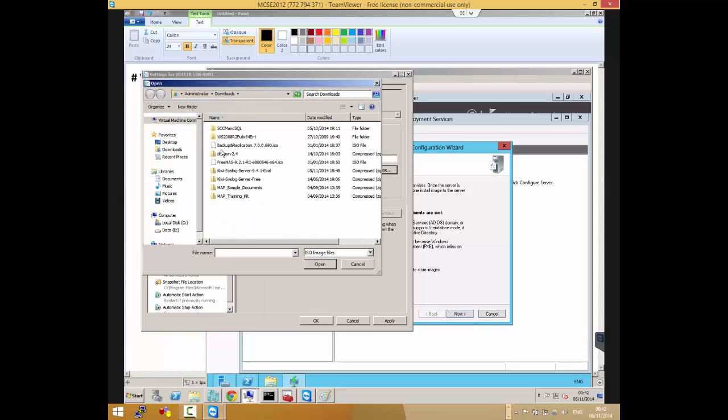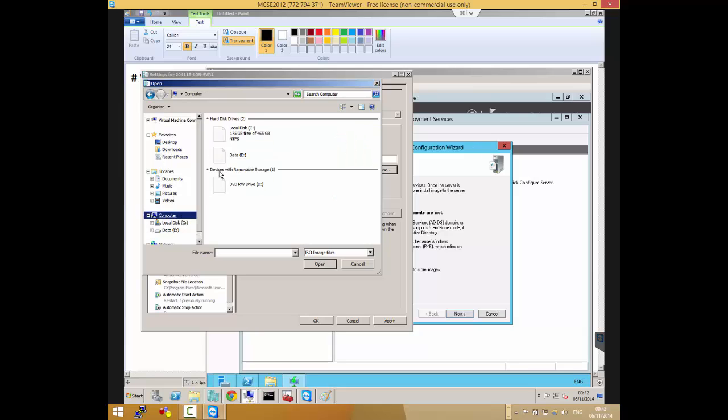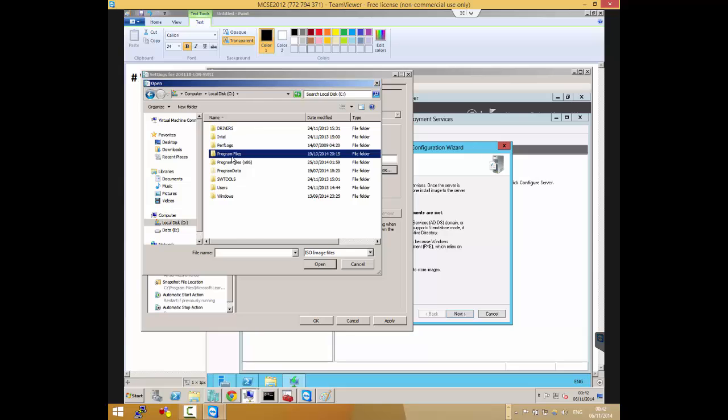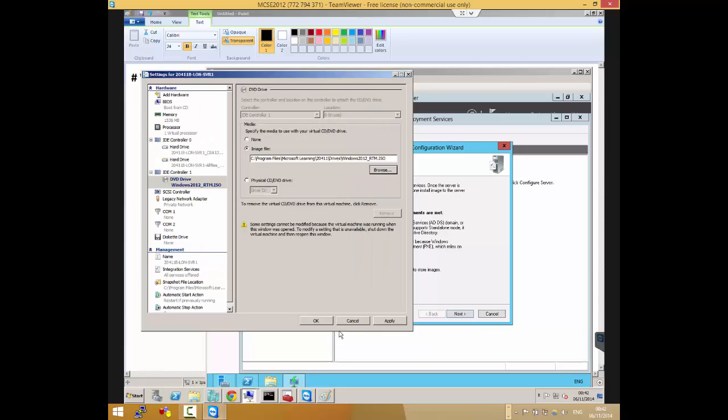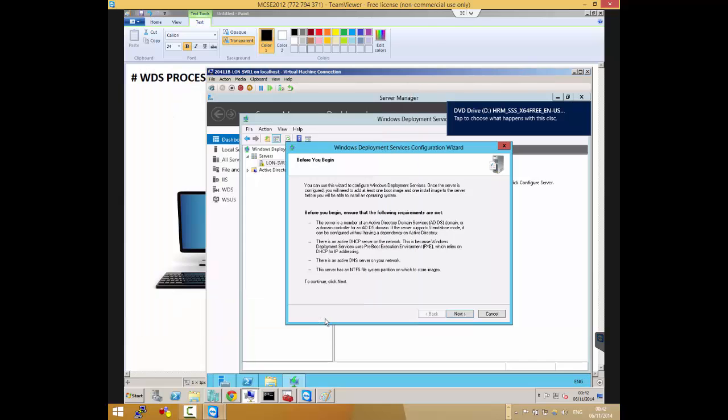Browse, C, Program Files, Microsoft Learning, 411. Okay, so let's apply that, and then let's go. Okay, so now we have this.